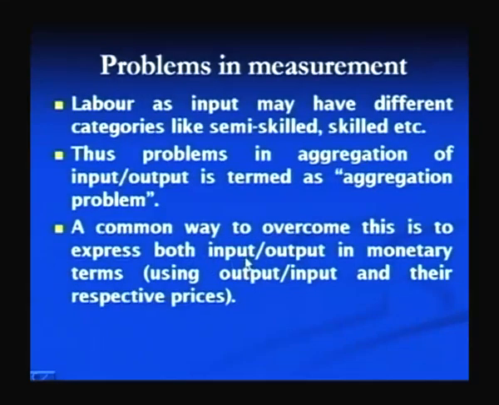which are being used as input, and the common unit for aggregating the output, and the common unit for both input and output is used in terms of money or the costs or the prices which are involved related to the output or the input. And for this calculation we use the quantity of the output and their price. In the same way, the quantity of input of the resources which are being used and their respective prices for aggregating the input and the output. And